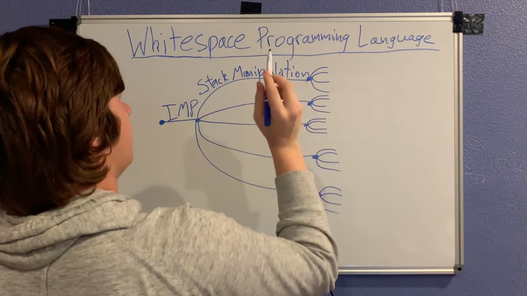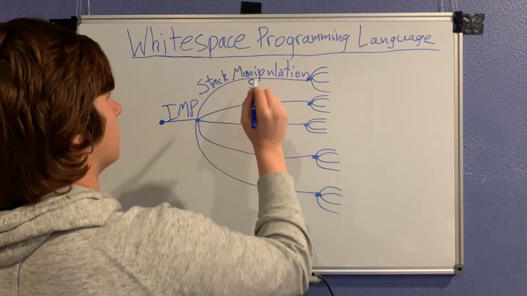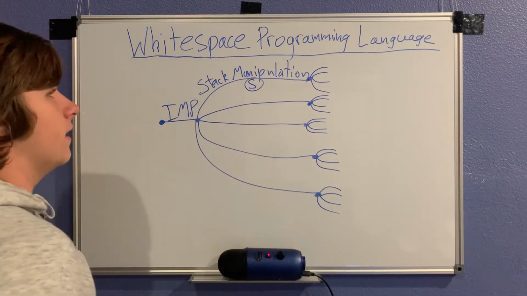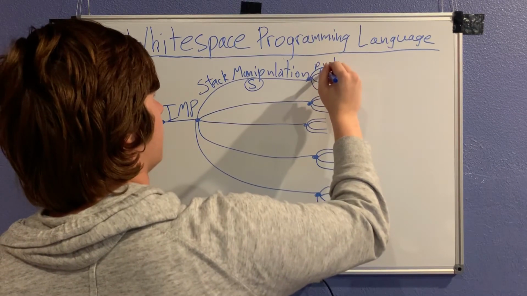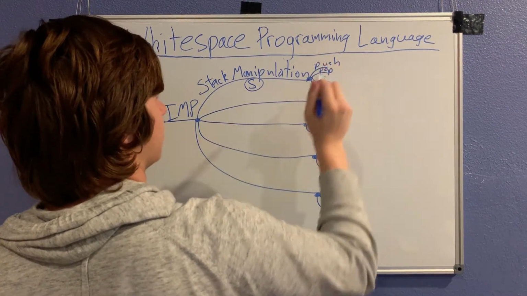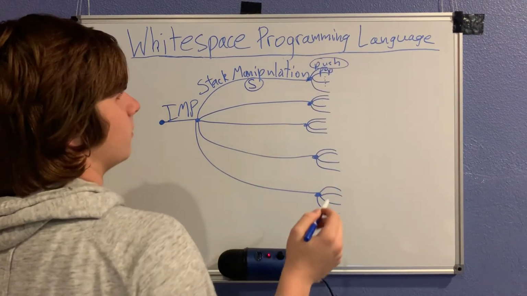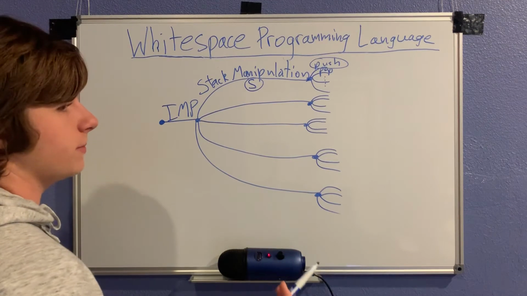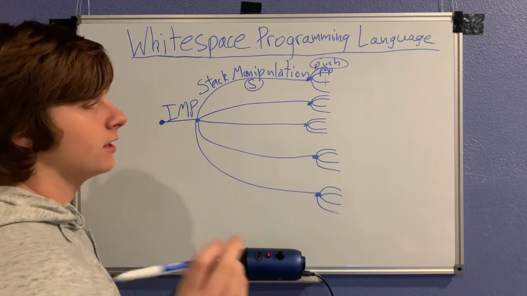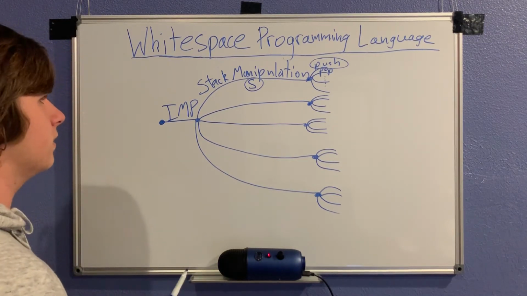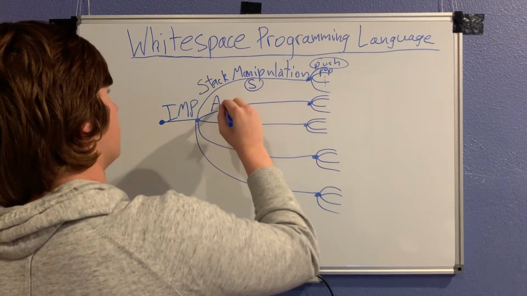IMP. And this is just denoted with a space. And commands for this might be push, pop, and stuff like that. We're really only going to be using the push for now, but if you want to use more of the Whitespace functionality, then you can look up their website on the Wayback Machine, because they took it down a few years ago. The next one is arithmetic,